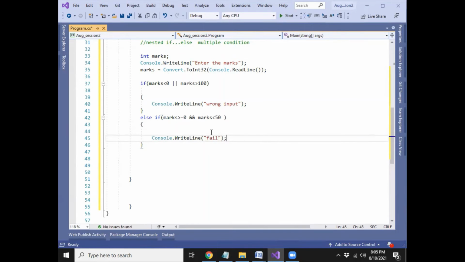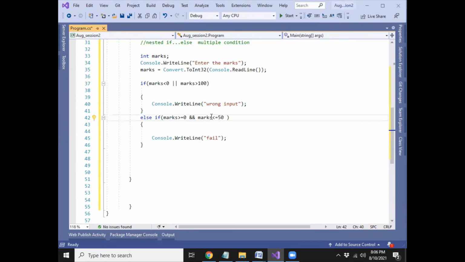So let's see this thing carefully. If you are using the AND operator, you have to check both conditions and both conditions should be true. That means whatever marks is entered by the user, if it is greater than or equal to 0 and less than or equal to 50, I'm putting equal to over here.